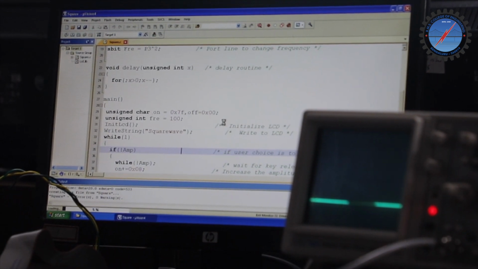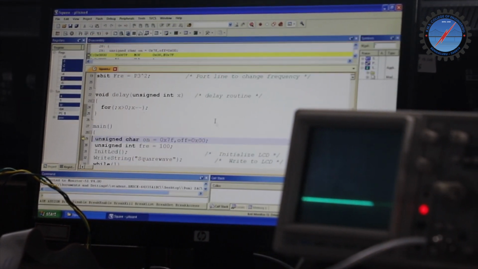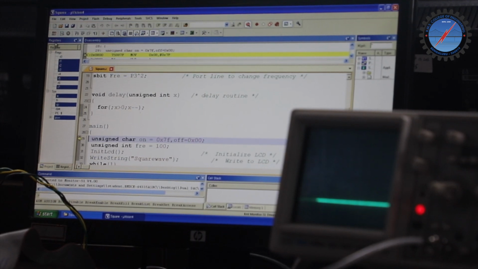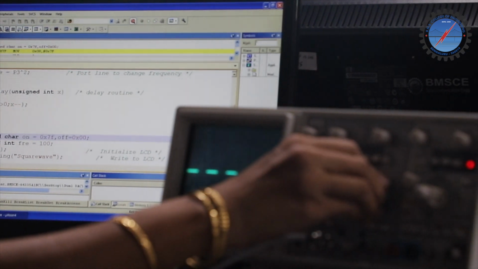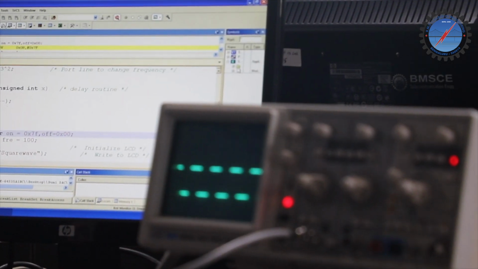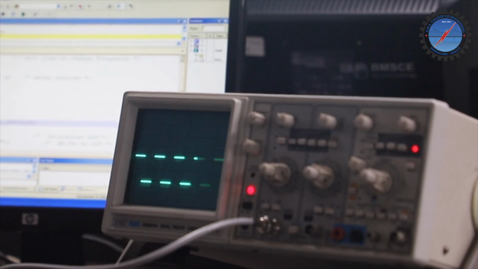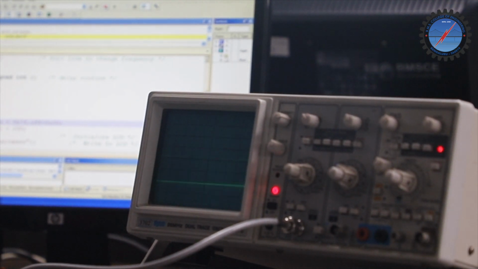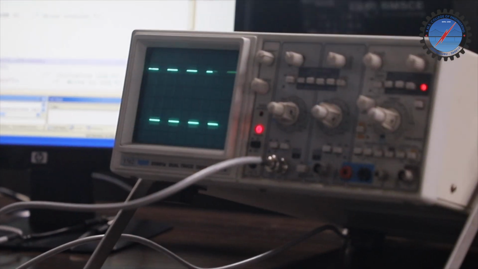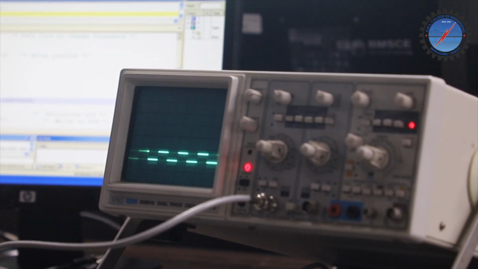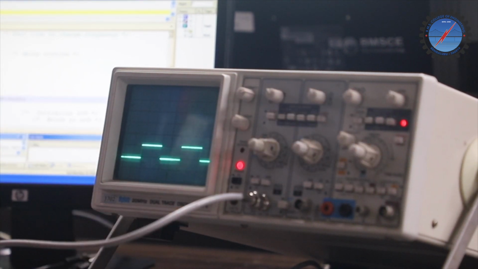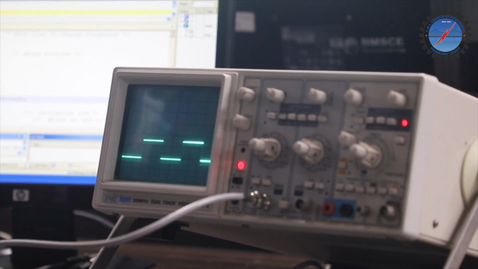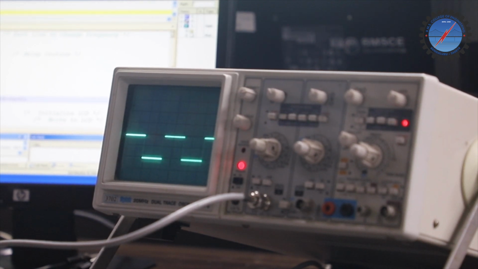So when I run the code, it will be dumped into 8051 board, and when I execute the program, square waveform will be generated on the CRO. So now when I give the interrupt using external interrupt INT0, I can vary the frequency of the square wave as well as the amplitude. So you can see the waveform on the CRO. So I can vary the amplitude and frequency by interrupting the controller. So this is about square wave generation.